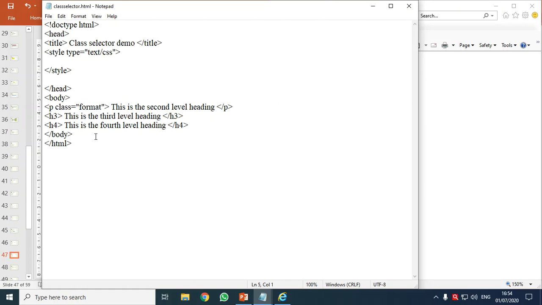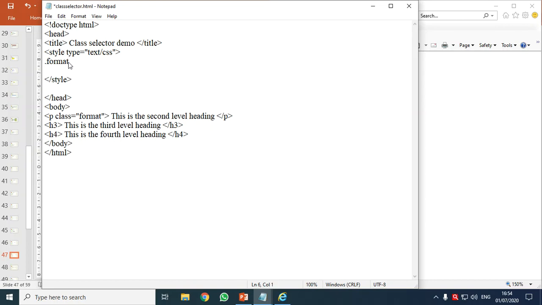internal CSS. How? I want to apply CSS for this part. Okay. So we are working on class selectors. This is my class attribute introduced in the tag. It has a value called format, right? So I have to call it here. How do I call it? Because we are working with class selectors, they are called with a period, that is dot, followed by the name. So what name should I give? Format, exactly the same name.